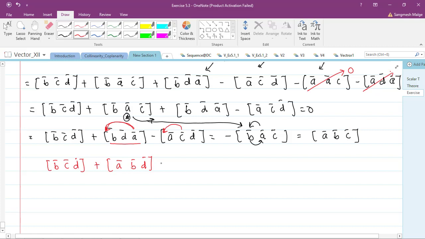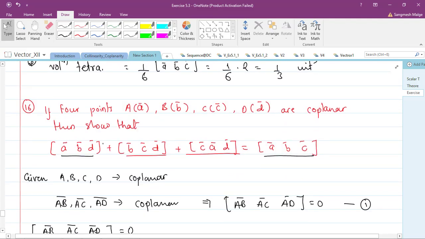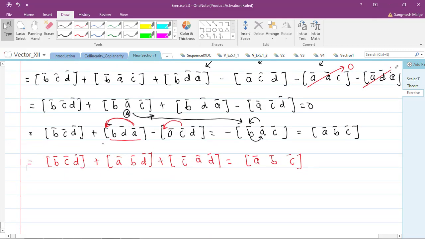So minus minus plus, you will have C, A and D. That's it. This is equal to what? A bar, B bar and C bar. In this way we can show that. Is this okay? Very simple, very very simple. Just what you require is patience. You need patience, and you should be good at the calculations. That's it. Okay, so with this we will solve the next question.